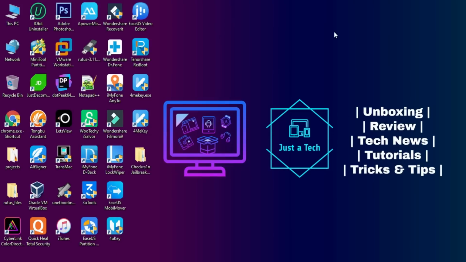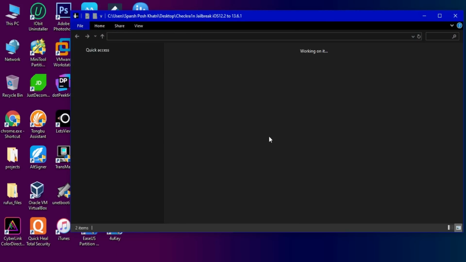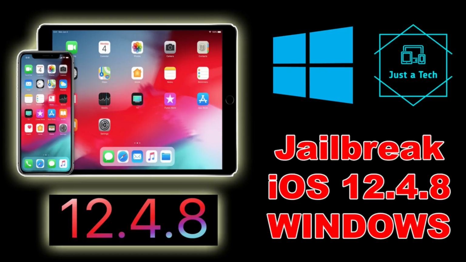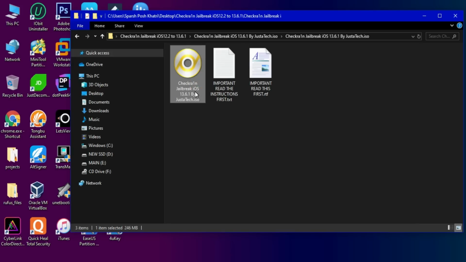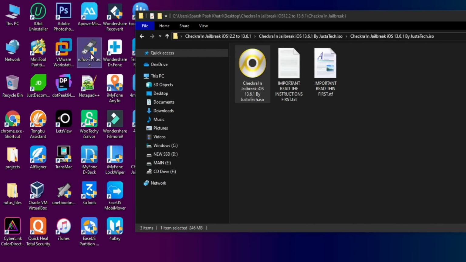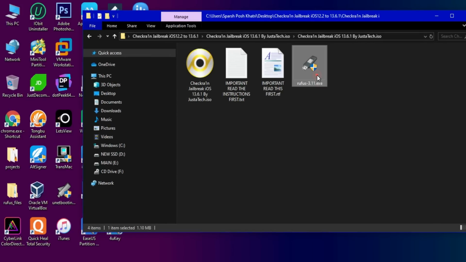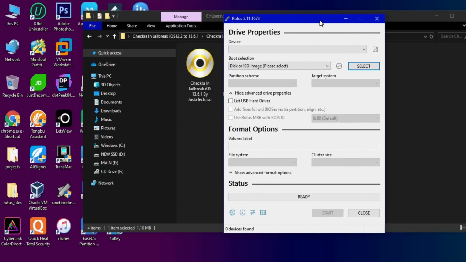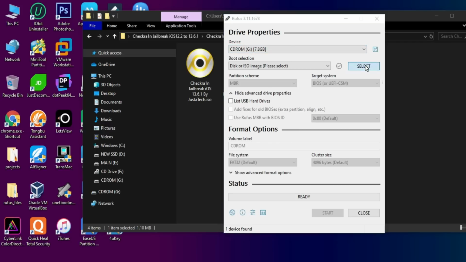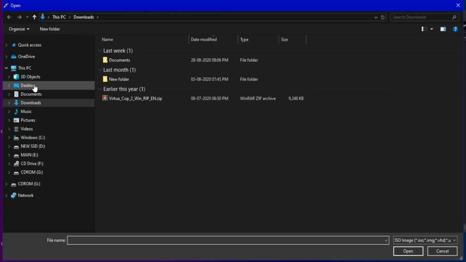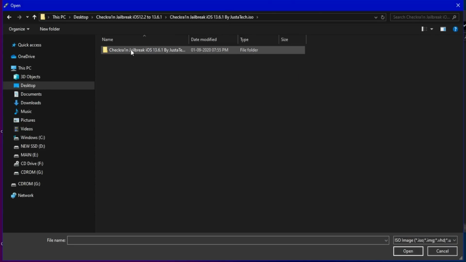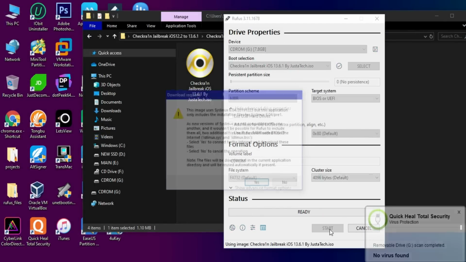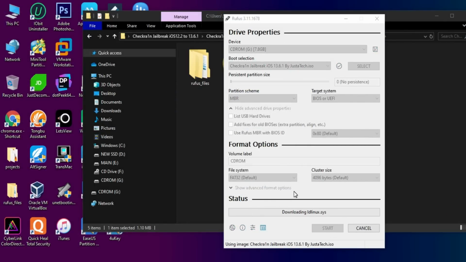First you have to jailbreak your device with the Checkra1n jailbreak, and I have made so many videos on the Windows method for Checkra1n jailbreak. So all those videos are in the description link, so you can go watch them from there and download this ISO file for Checkra1n jailbreak. Now you need a USB to make it bootable. So just open the Rufus tool and make the USB bootable. You just have to import the Checkra1n ISO file in the Rufus tool, insert your USB stick and just flash it, and it will make the USB bootable. And then you have to reboot your PC and boot it from that USB, and it will run Checkra1n automatically on your system.